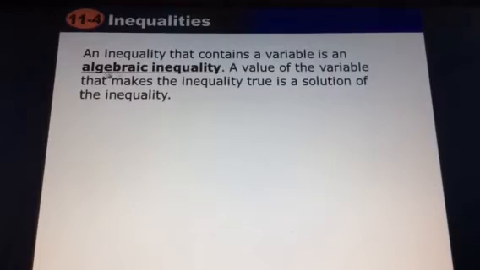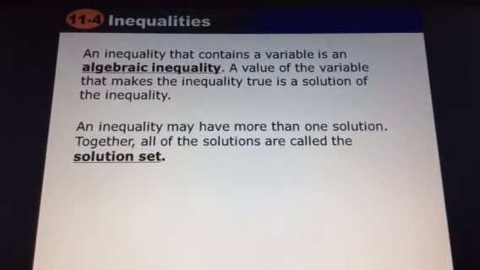So we also want to look at algebraic inequalities. And algebraic, of course, that means they're going to have a variable in them. So a value of the variable that makes the inequality true is a solution of that inequality. So just like when we worked with equations and we would solve it, we'd say x is equal to some number. That's the number that we would plug back in to check and make sure it worked. Well, now we're saying there could be more than one. And an inequality can have more than one solution, and we say that all those solutions together are in the solution set. So there would be a set of numbers that would make it true, not just one number